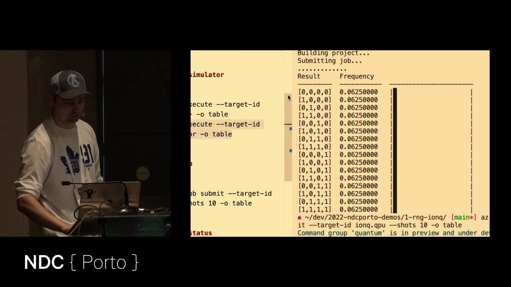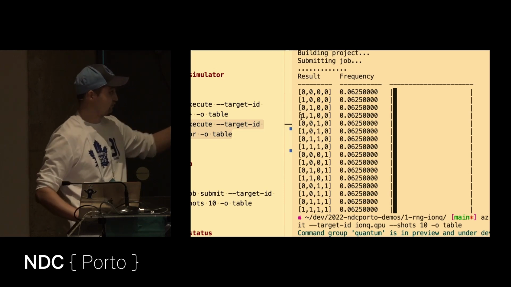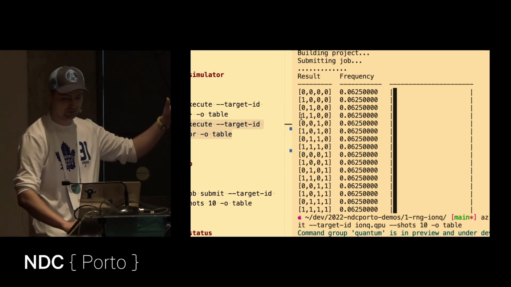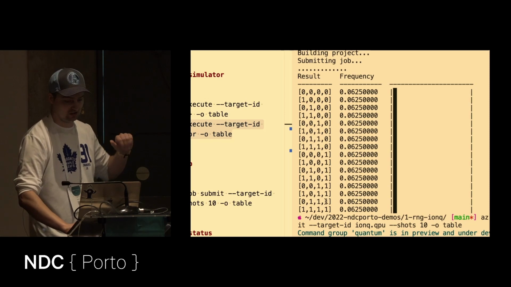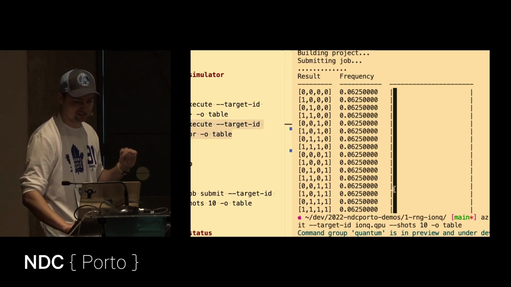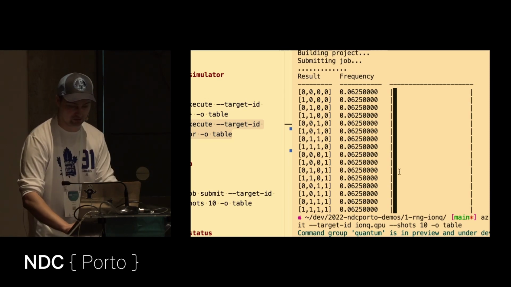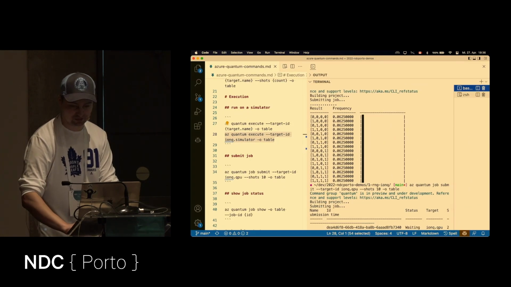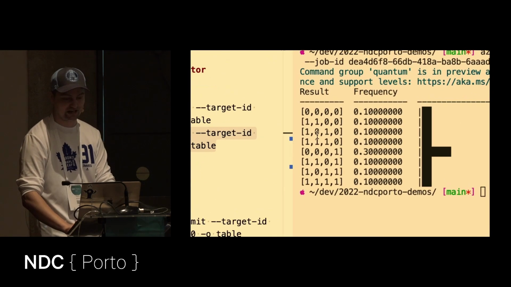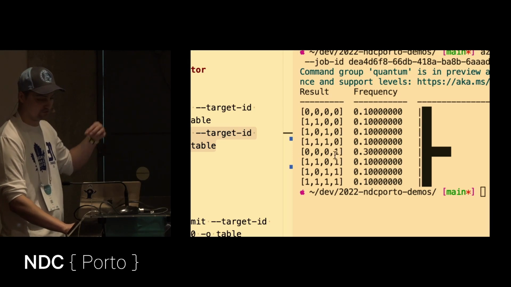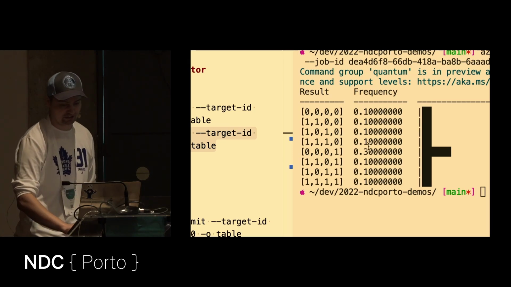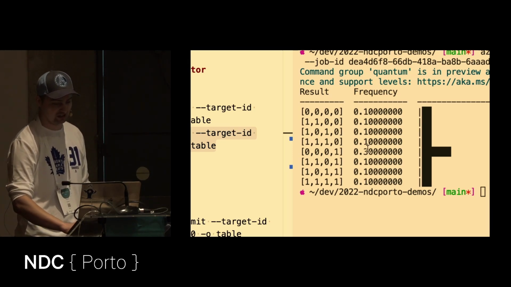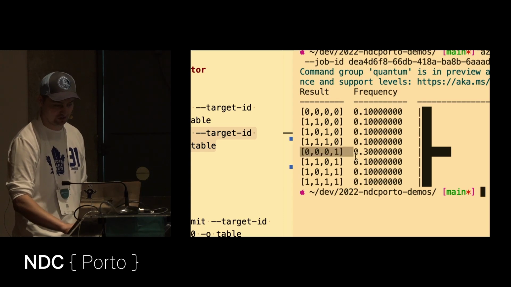We were generating earlier a 4-bit random integer, so a number between 0 and 15. And the simulator tells us that each of these values is equally likely to come back. Now, when I submitted this program to Azure Quantum, it actually ran 10 times. So we got 10 different values, right? Actually, 7 of them are distinct, and then this one, and if you can read binary,